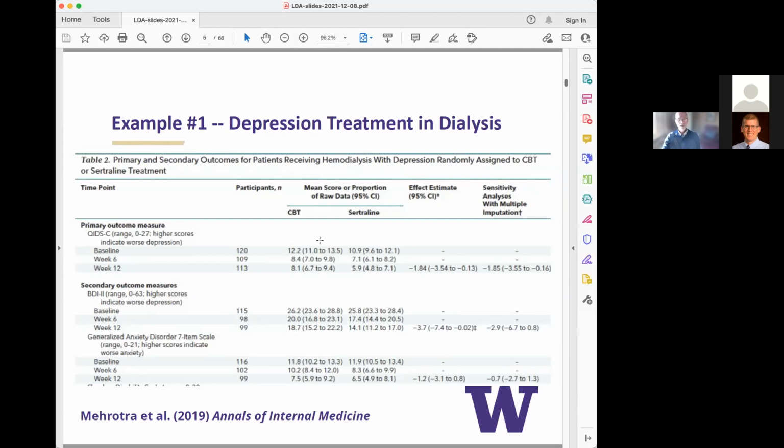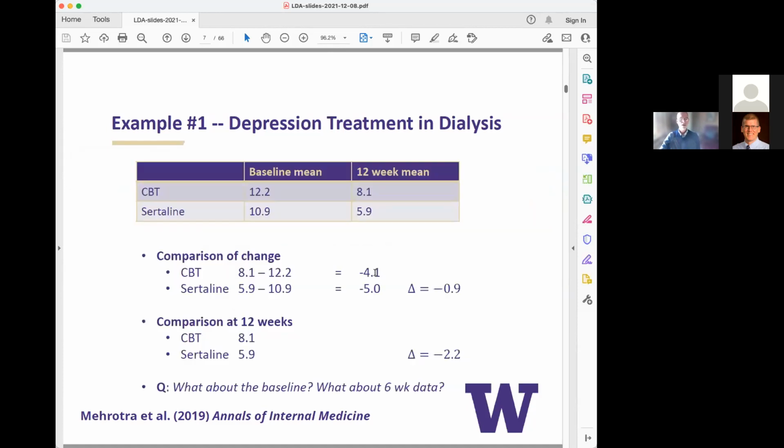This table is interesting. I'll pick out the baseline scores and the week 12 scores and talk about some interesting features in this example. And these features matter. If you just pull out the mean scores and focus on that, we can see we had about a 4-point difference between baseline and week 12. That's sort of within each row. We had actually about a 1.3 point difference at baseline between CBT and sertraline. So there's a couple ways we could very simply analyze these 4 numbers.